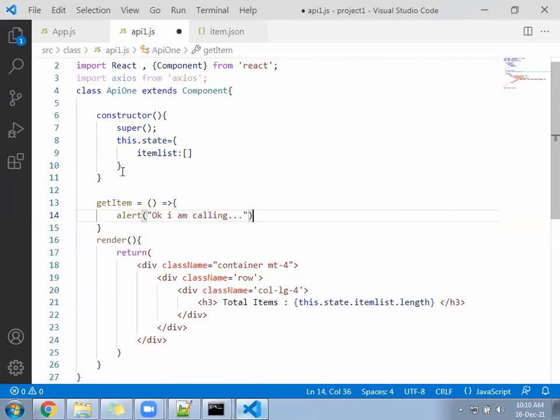Check this reload function. This getItem function is getting called or not? Error? Anyone have error or no error? Okay, I am calling. Check once. This function is getting called or not?